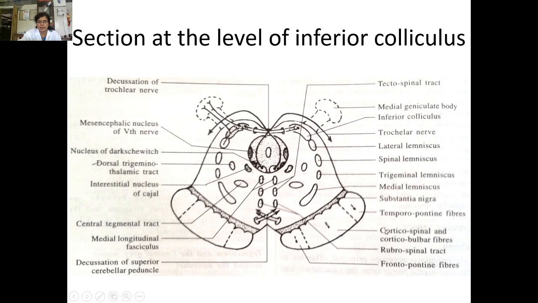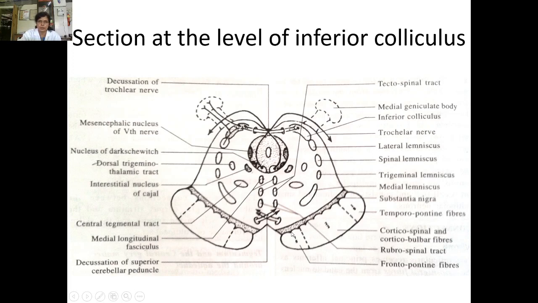These corticospinal fibers descend from the posterior limb of the internal capsule to the middle 3/5 of the crus cerebri, and then descend downward in the basilar part of the pons. The corticobulbar or corticonuclear fibers descend from the genu of the internal capsule into the middle 3/5 part of the crus cerebri, and then descend downward in the basilar part of the pons. Then the medial 1/5 and the lateral 1/5 part are occupied by the corticopontine fibers.